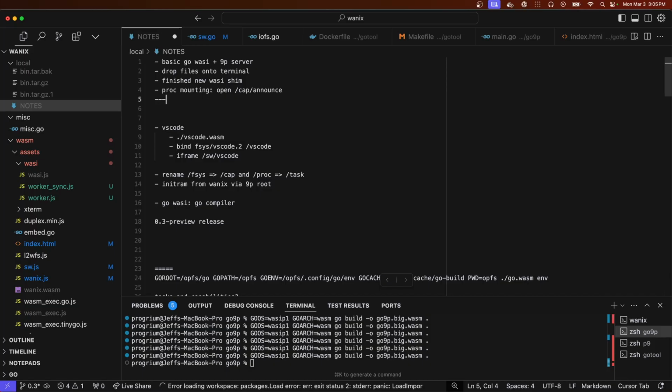All right, so that's stuff that was done. I mean, we kind of proved all of this. We just didn't actually do VS Code. Should we just do VS Code?